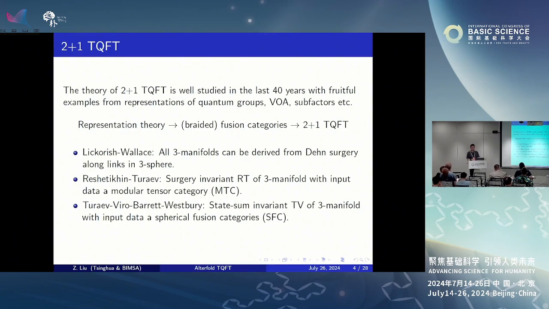And then it turns out to be even more interesting that this kind of invariant has a very nice topological meaning in the physics literature in quantum field theory. They turned out to be interesting topological invariants of quantum field theory, and that can be formulated as a topological quantum field theory.